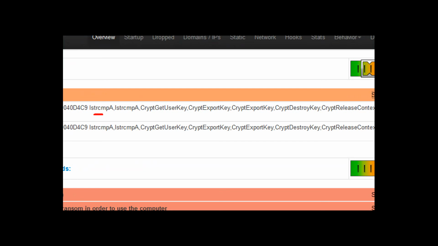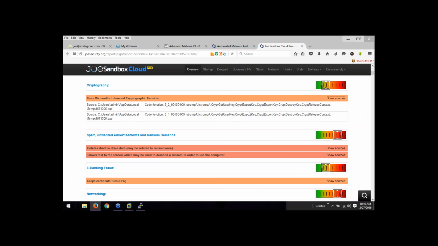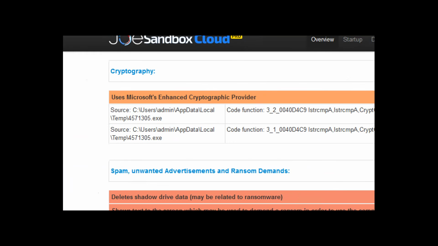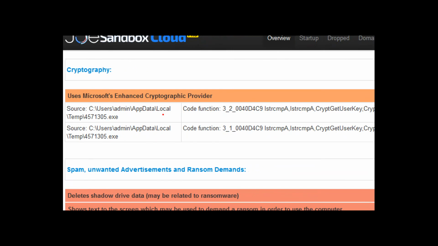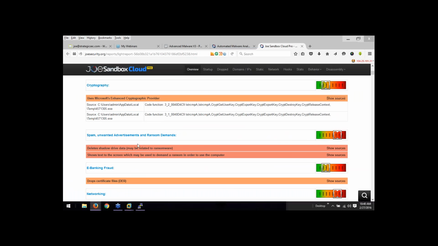So you've got Get Crypt User Key, Crypt Export Key, Crypt Destroy Key, Crypt Release Context. So basically right here, inside of this exe, 457.1305.exe, was one of these strings. So he's saying, if I see any of these strings, now guys,